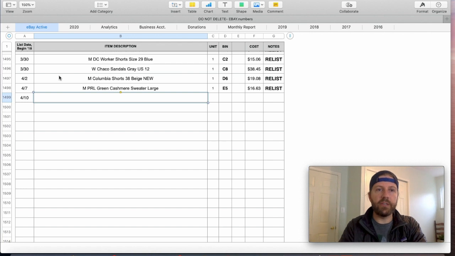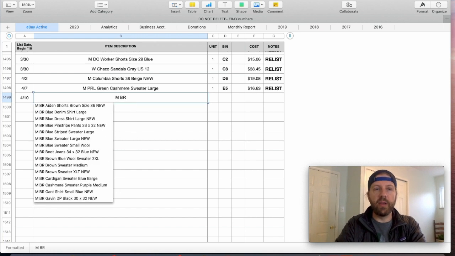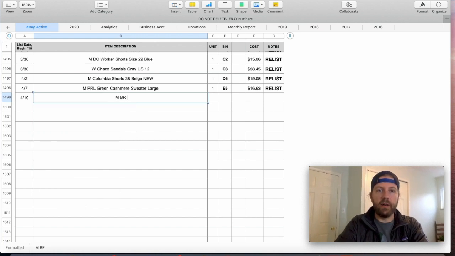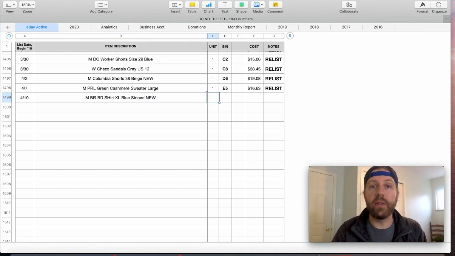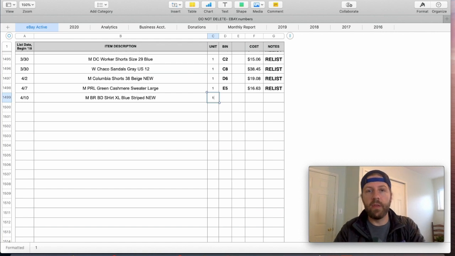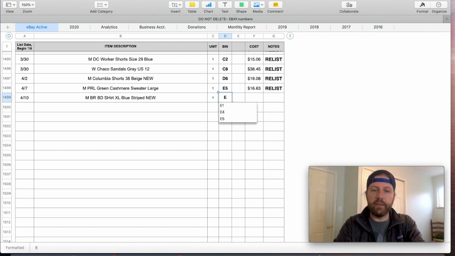Now as you can see, W is women's, M is men's. So it's going to be a men's Banana Republic button down shirt, XL, blue, striped, and let's say it was new. That's exactly how I would type it up. 1 unit, and let's say it was going into,